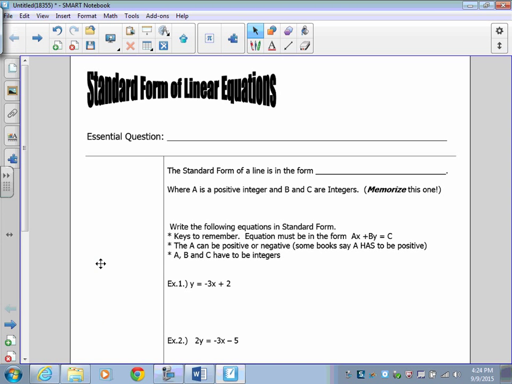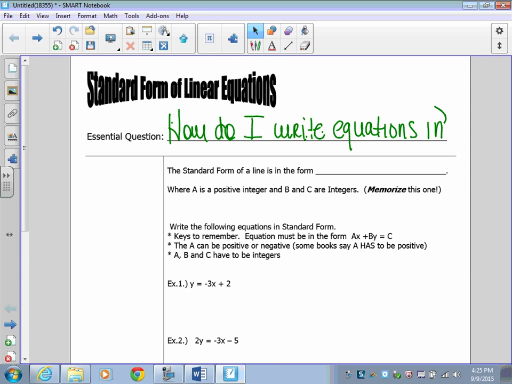Our essential question for today is, how do I write equations in standard form? And as you can see, I don't have enough room, so I needed to draw an arrow to the rest of my essential question. The standard form of a line is in the form of ax plus by equals c,